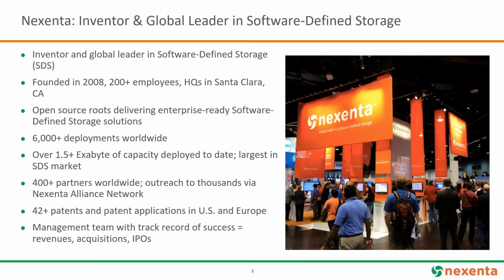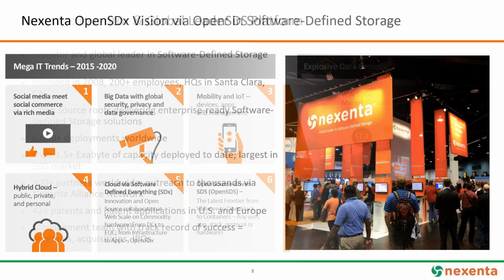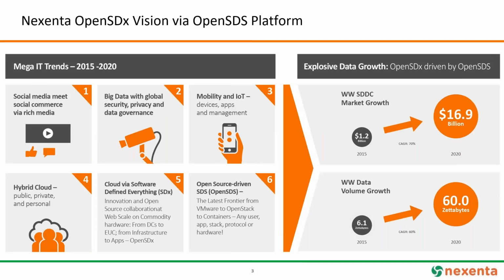And really what's fueling this growth is a need to change and a couple of major trends in the industry. That's really what I wanted to start talking about, the different trends that we see in the industry. So Matt, if you switch to the next slide, let's kick it away. A couple of things have emerged over the last couple of years, and I think these are going to continue to evolve over the next couple of years. But if you think about it, what's really changed the storage landscape,